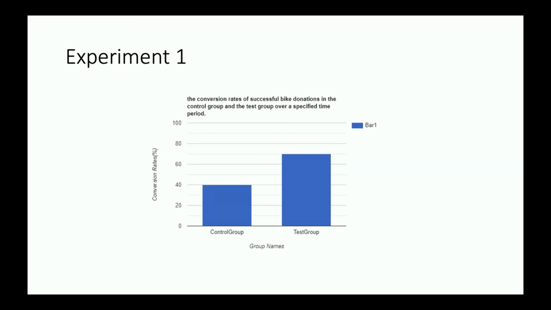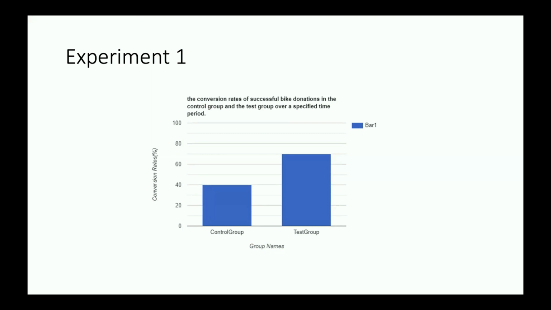We can also use machine learning algorithms to analyze the user's preferences, location, and other relevant factors to provide more accurate and personalized recommendations. In order to evaluate the effectiveness of the modified recommendations, we'll measure the conversion rate of successful bike donations in the test group compared to the control group. We can also collect user feedback through surveys or interviews to understand their experience and satisfaction with the recommendations. Control data can be sourced from the program's historical data, which will serve as a baseline to compare the results of the A/B test.